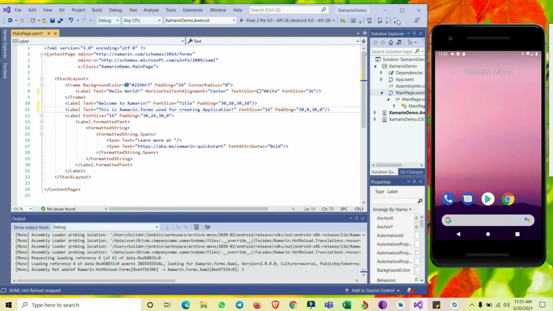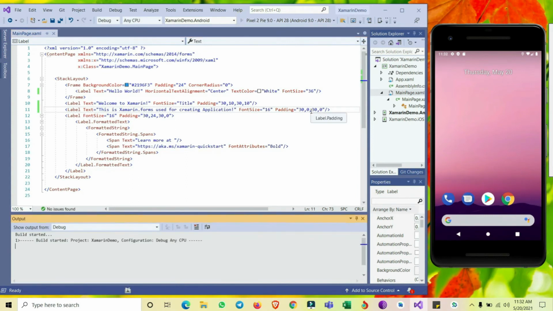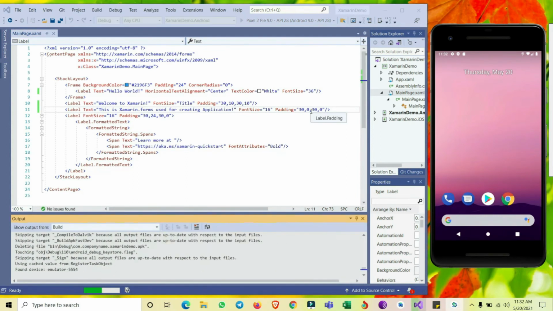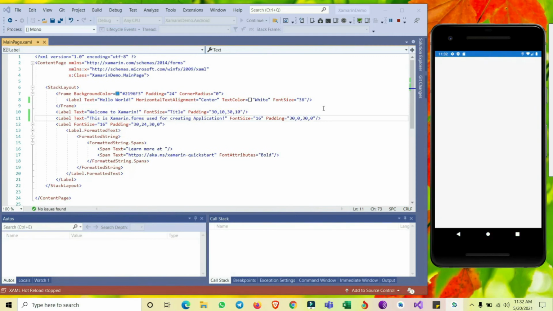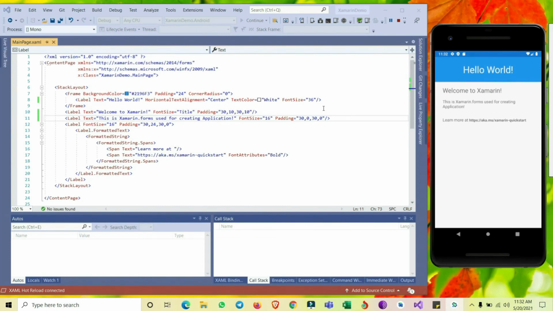Now we are executing the program on the Windows system, first on the Android emulator, and then we'll execute the program on the iOS simulator. From the Mac system, I'll show how it is executed and the output also.